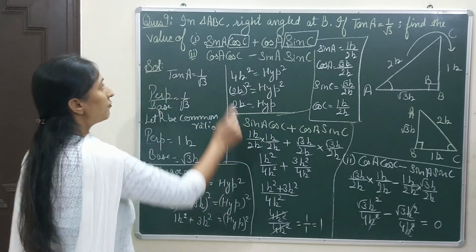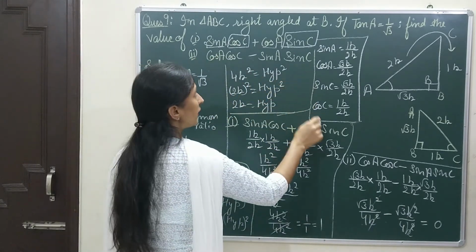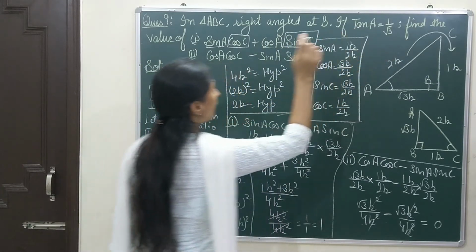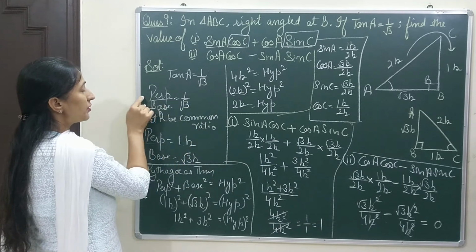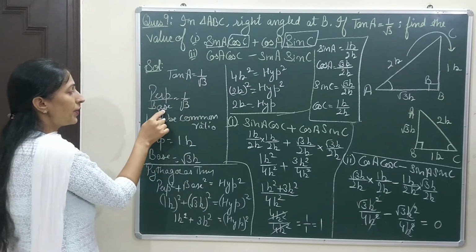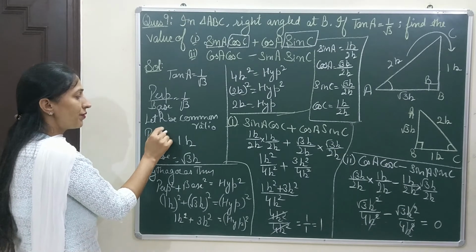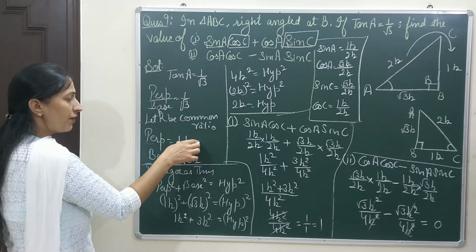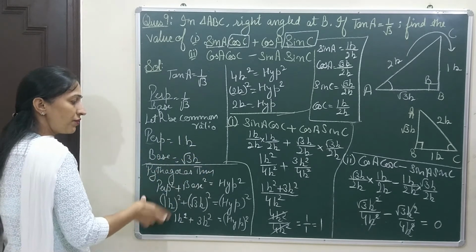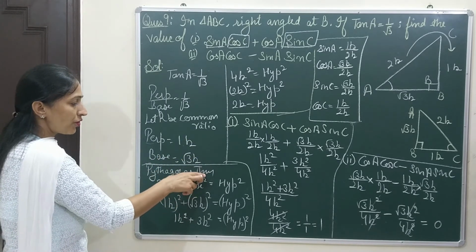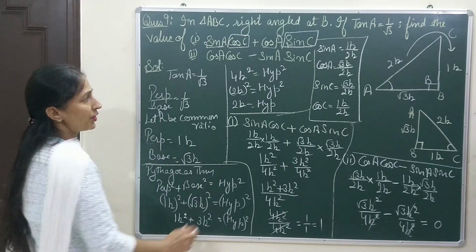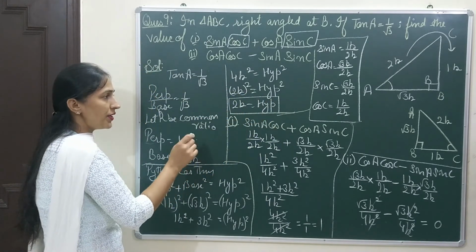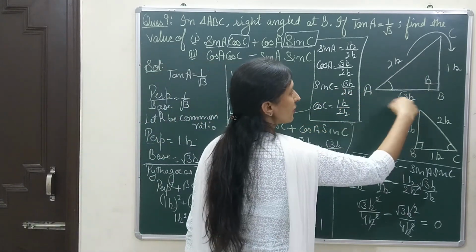So what we have done, we have first calculated everything. For that I used the given equation, tan A equals 1 by root 3. Then I turned this tan A into perpendicular by base. Then I used k as the common ratio in order to get perpendicular and base, which are 1k and root 3k. In every question you are doing this. Using the Pythagoras theorem you will get the value of hypotenuse, which I got as 2k. Now I have hypotenuse, perpendicular and base, so everything in my figure is complete.